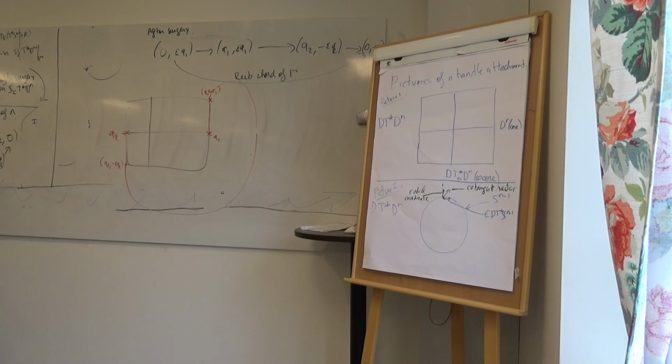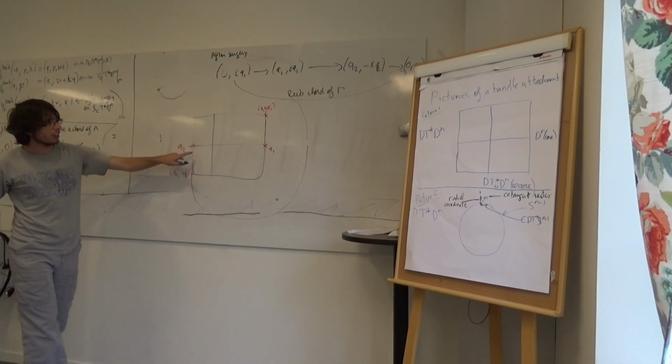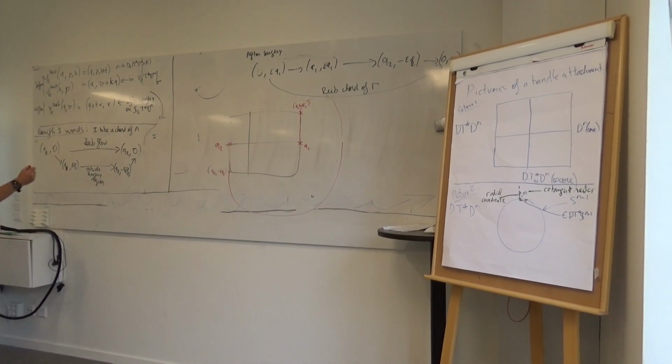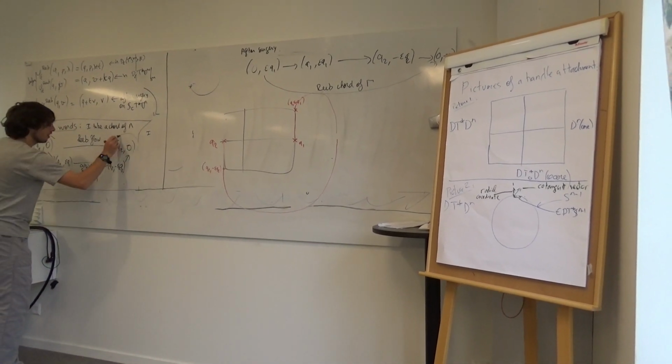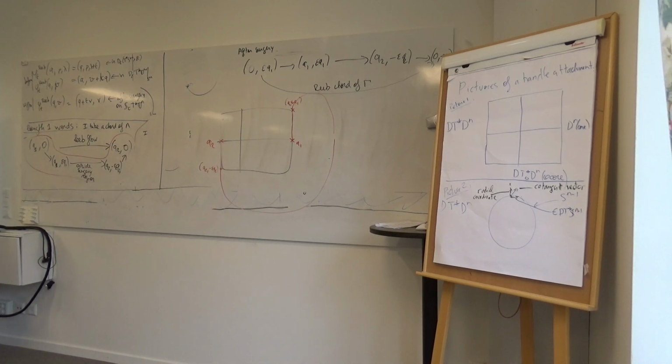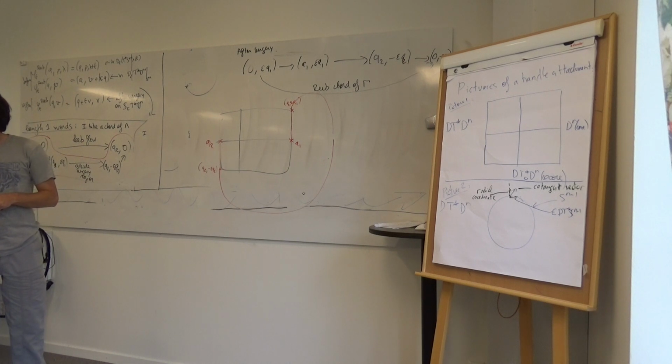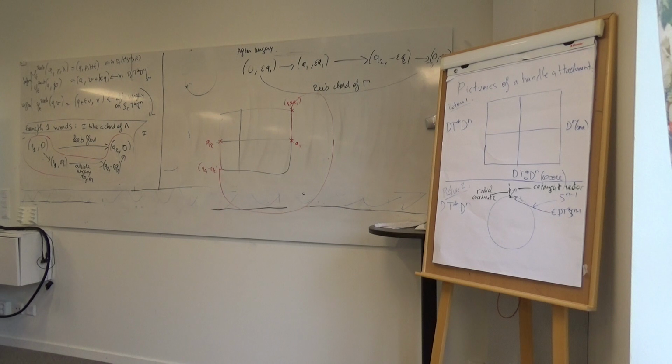So this is what I do, and this is in the surgery region, and this is outside the surgery region. So this is the web chord, like this. Okay. So is everyone clear on what the global picture is here of what inside and outside the surgery region means? Shake your head if it's not clear. Okay. So maybe just draw a picture of the unknot, or the Legendrian unknot, with a Reeb chord, and you have your little neighborhoods and the outside.